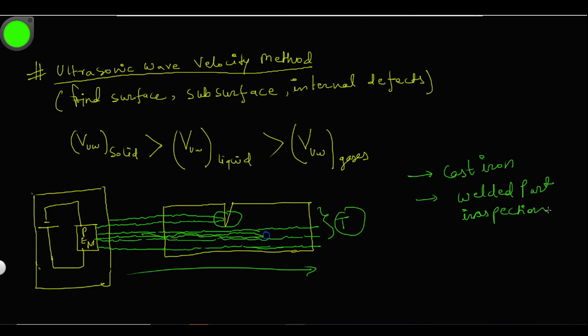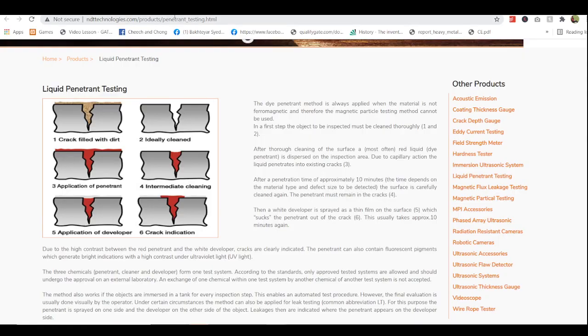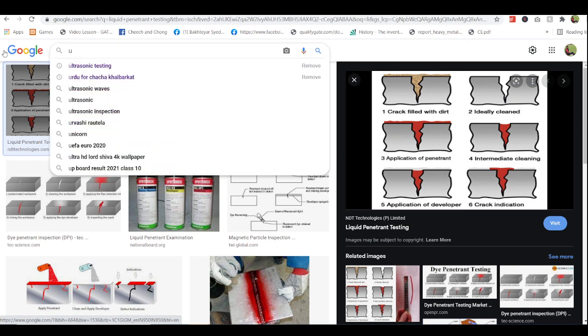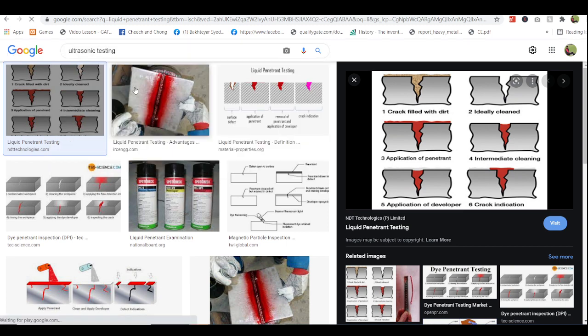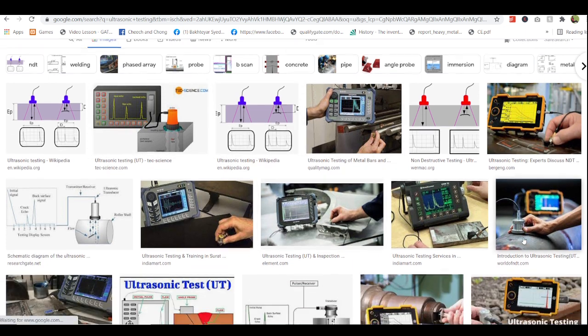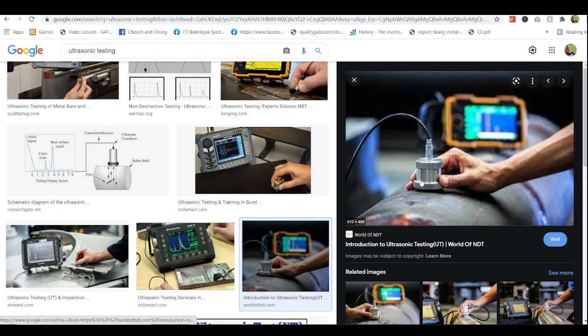Now I will show some pictures. See here, he is sending ultrasonic waves from the piezoelectric material into the metal to detect the defects.